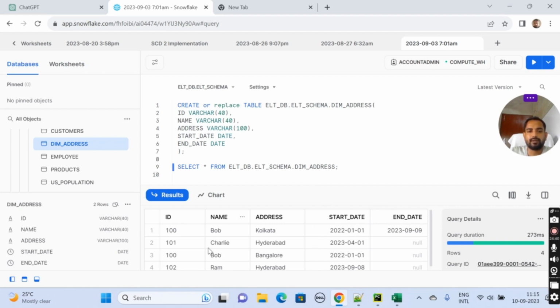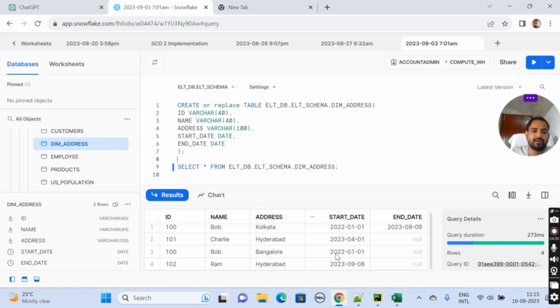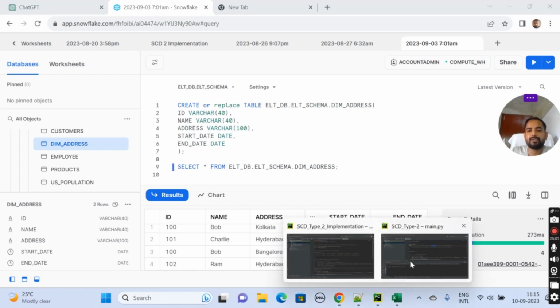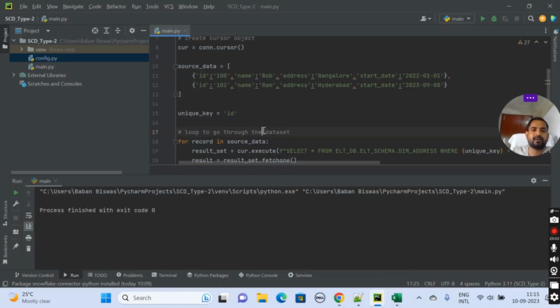And then for that record, Bob's address got changed to Bangalore from Kolkata. We didn't change the start date, that's why it's still there. We should have changed the start date also. That's fine. You understood it, right? Then we have inserted a new record also, Ram, that is Hyderabad. So this is the way of implementing SCD type 2. I think it should be clear to everyone.